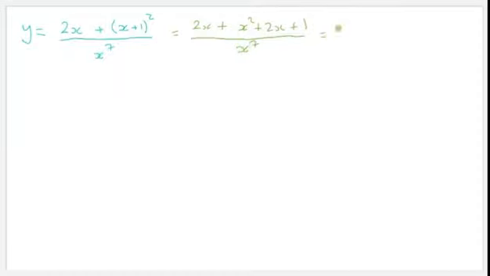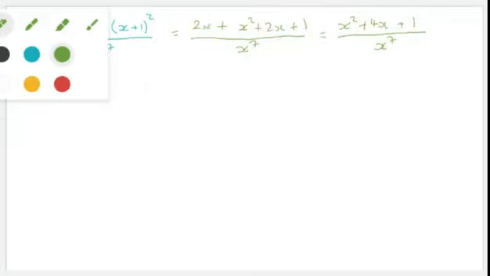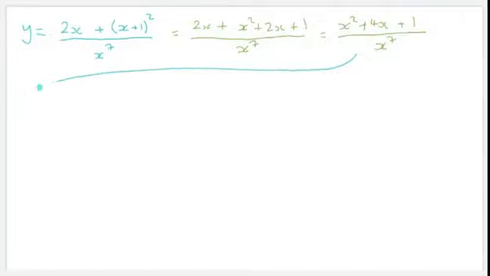Then just going to simplify the top. That becomes x squared plus the 2x plus the 2x gives you 4x. And then that's plus 1. And that's all divided by x to the power of 7. And now we're just going to take each term and divide through by x to the 7. Or we can think about it like this: x squared over x to the 7 plus 4x over x to the 7 plus 1 over x to the 7. So it's a bit like going backwards with the fractions. You're splitting the fraction up into separate fractions,